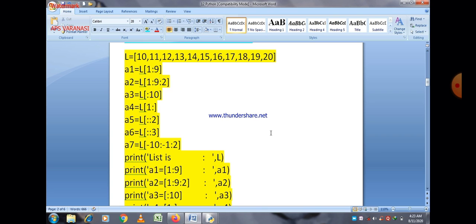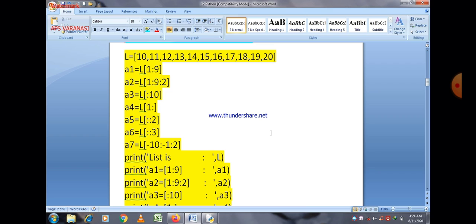So 1 to 9 means counting starts from 11 and goes up to the value at location 8, because always remember that the last location value is not involved. So the value at location L9 is not involved in this case.